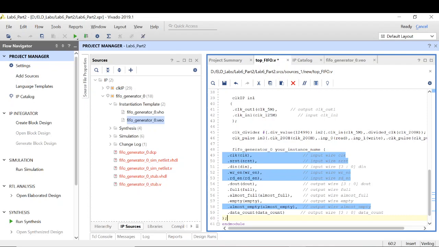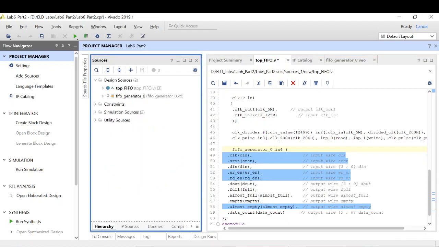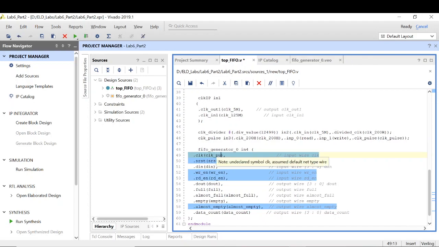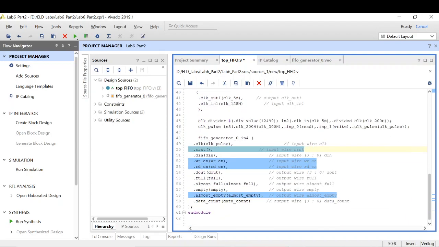So let's call it IM4. For the clock, we will be using the clock generated by the clock pulse generator, that is clock underscore pulse. For the reset, I have added a port for the reset. DIN is there. For the write enable and the read enable, we need to pass the read and write.